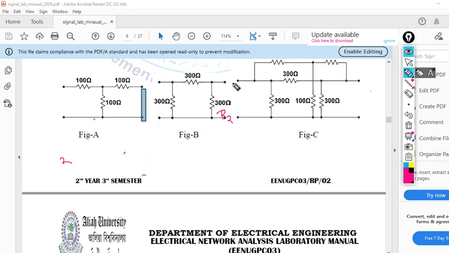So what you have to do is connect it here. That means if we connect it on this port, it will be short circuited. Then the voltage across this is V prime. V prime by this resistance gives you I1 in the short circuit. Now when it is short circuited, you can find the voltage across it, V double prime. V double prime by this resistance gives you the current I2.